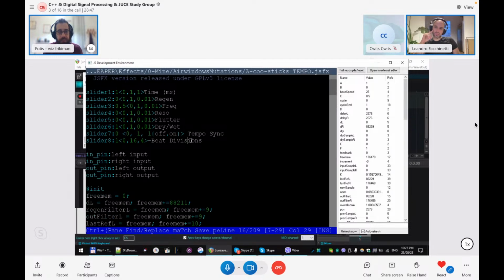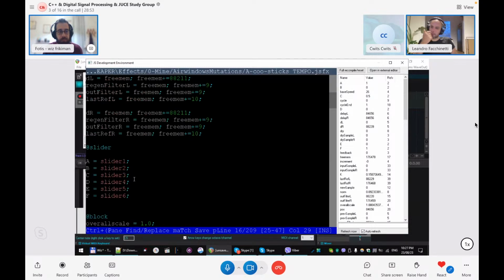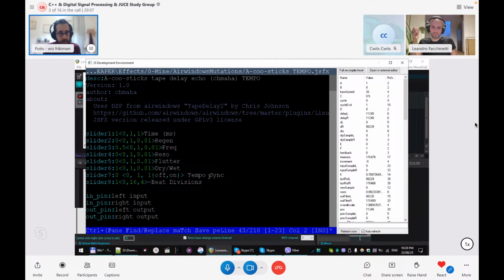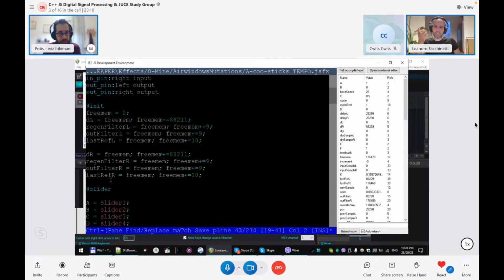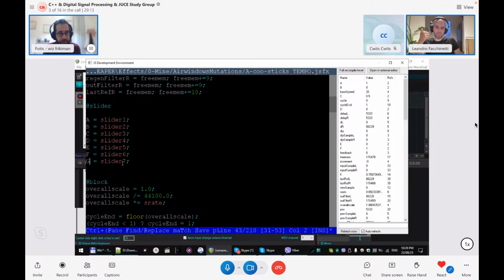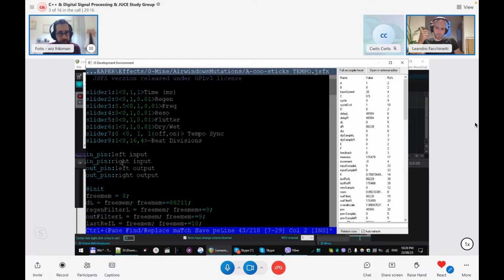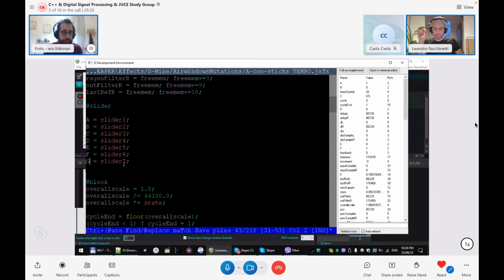Yeah, so what we want next is to go to the add slider section of the code. And we want to check the value of what I think is slider 7. The beat division slider, is it 7? Oh no, it's actually 8 because 7 is tempo sync. So what we want is to check slider 7 to see if tempo sync is off or on. And if it is on, then we want slider 8 to show up. Okay, so let's go to the slider section and write a little bit of code that says if slider 7 is on,